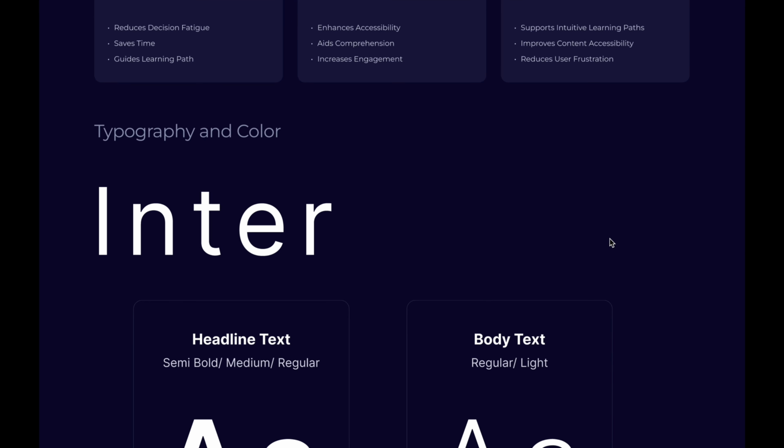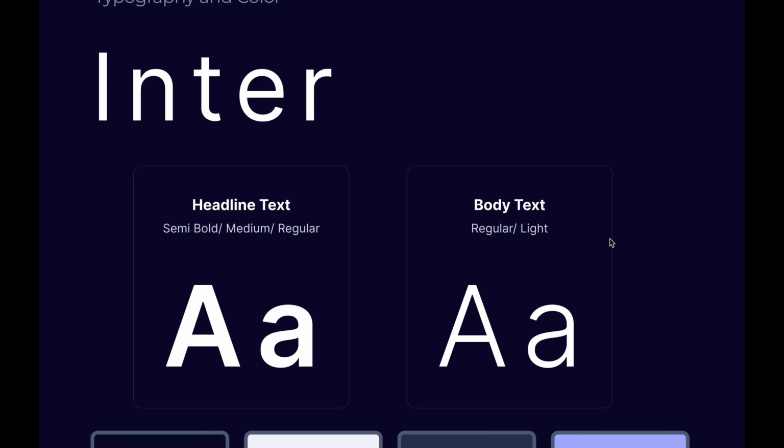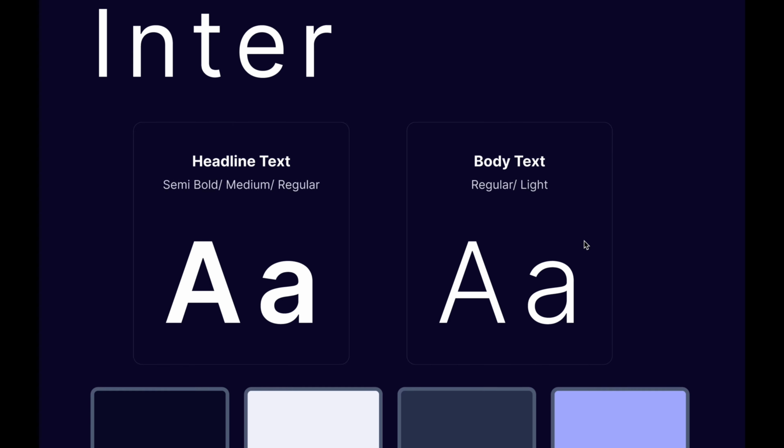With typography and color, to provide a modern and intuitive user experience, we chose Inter as the primary font for the entire QChat interface. Inter is a modern sans serif typeface that enhances readability and gives a friendly feel to users.